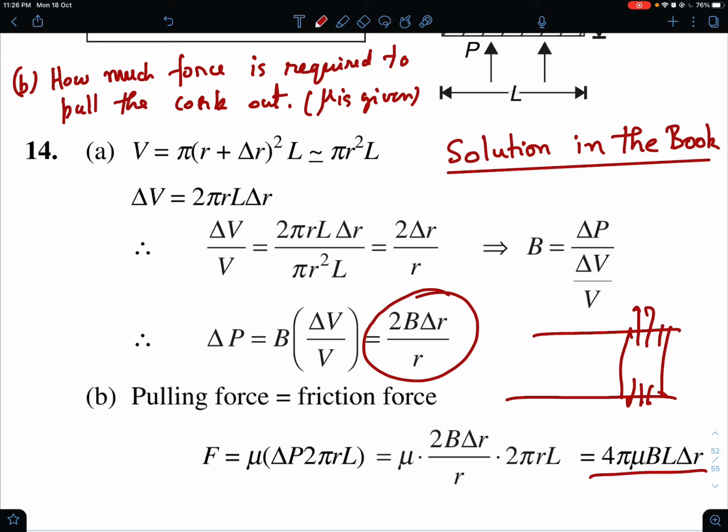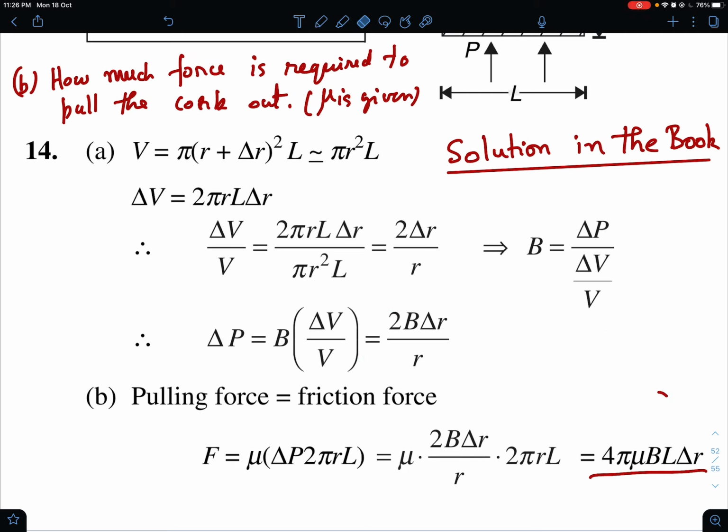So I hope I have tried to convince you of the solution, and I'm not sure how many of you will be convinced, but quite a few students were. I took this question in my class, and students didn't seem to have any doubt in the solution, and they were kind of convinced with the solution. So I would suggest that you pause for a minute and think, is this okay, or is something fishy here, something wrong here? If you want, you can pause the video. I'm straight away getting into the correct solution, how I have solved it.